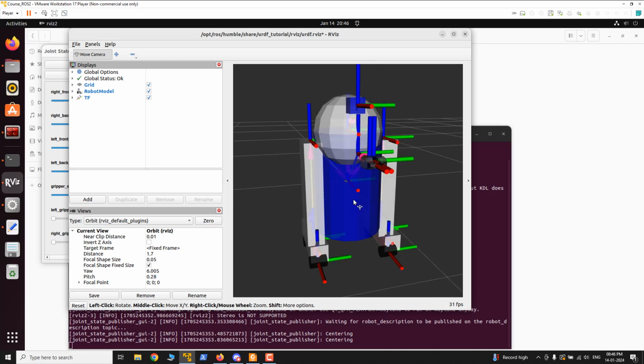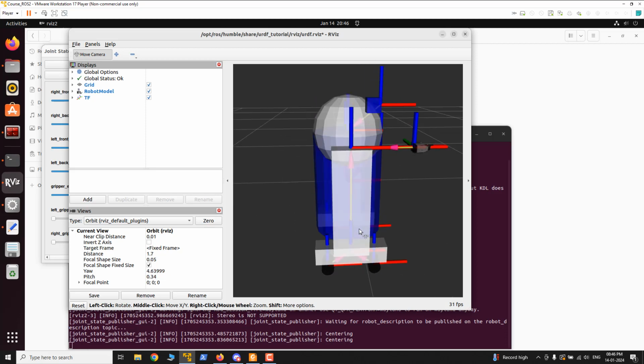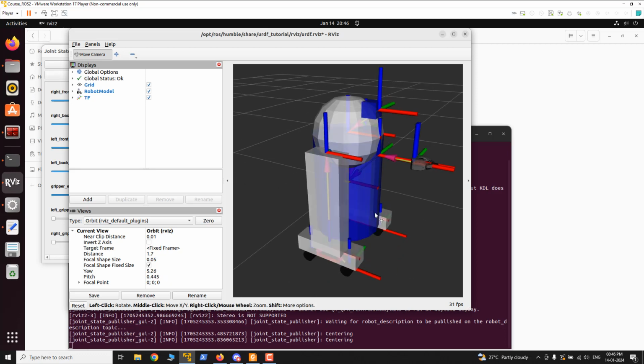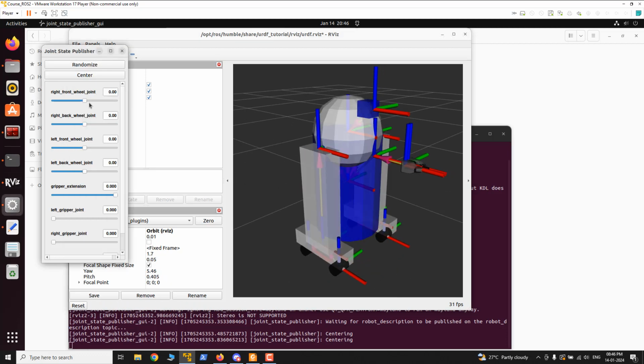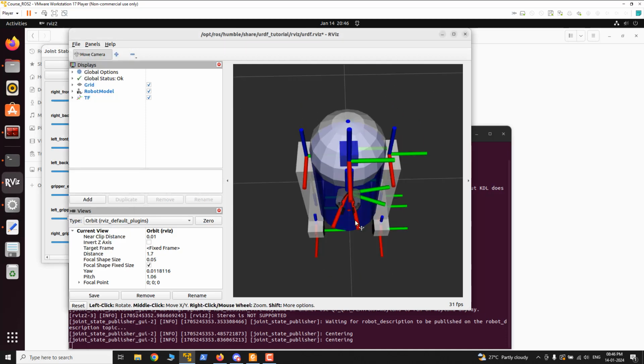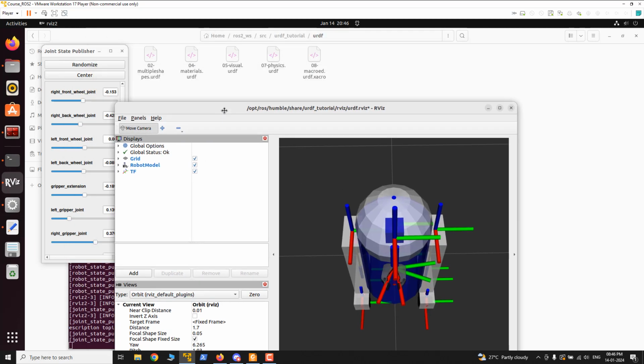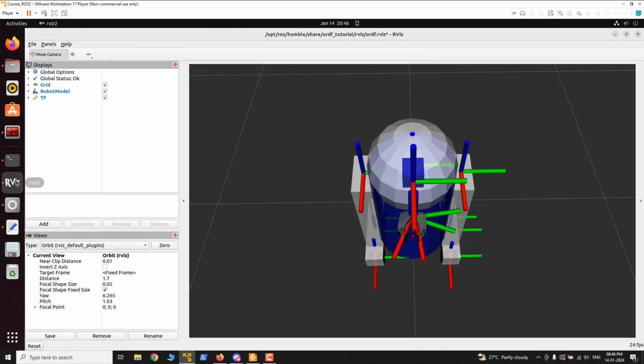So you can see the same robot, and there is nothing changed, and currently it is movable. You can see here we actually assigned all the joints, correct joints, and yeah, so this is the final output. And now what we are going to see is, maybe first we can see the